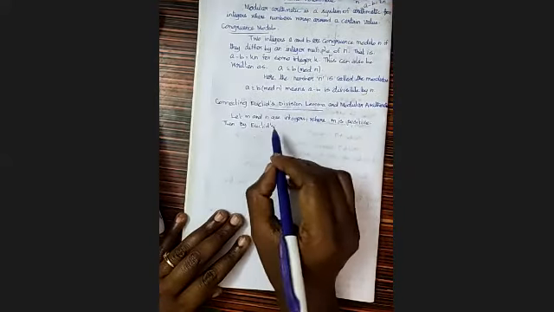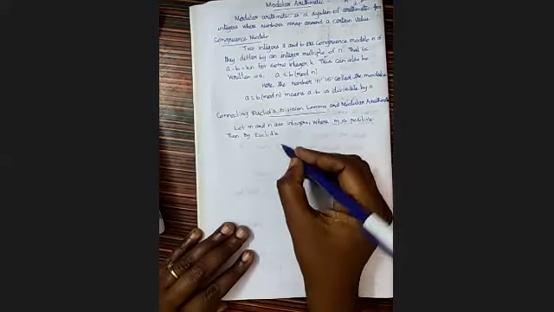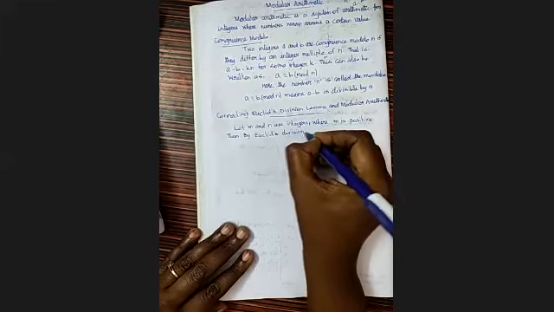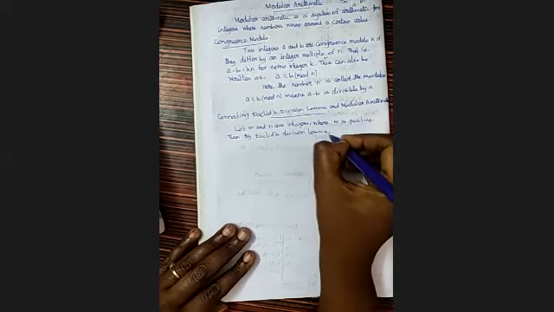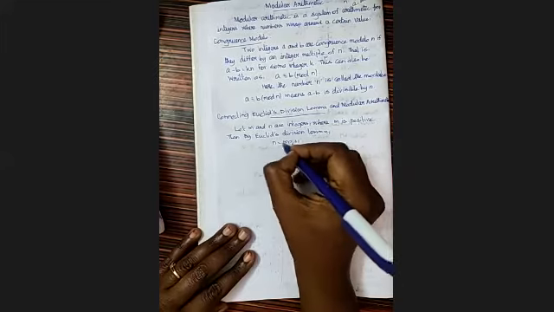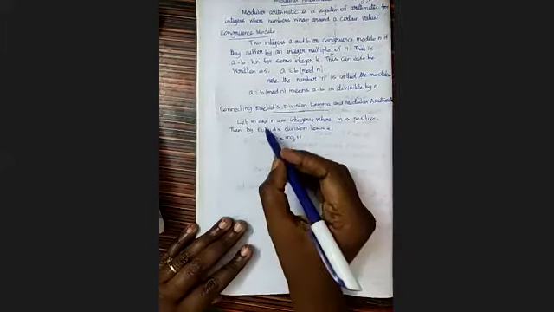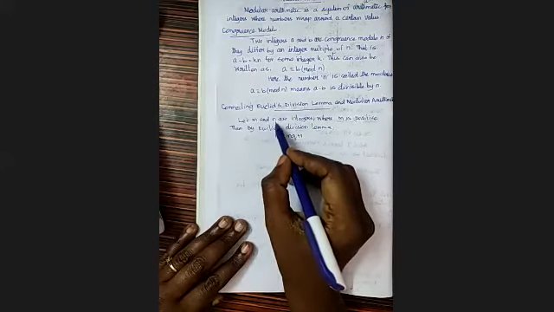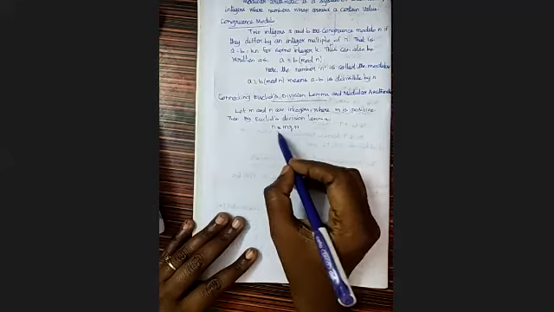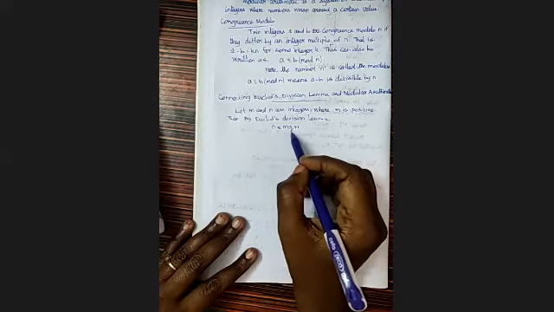We know in Euclid's division lemma, let m and n be integers where m is positive. Then by Euclid's division lemma, we have n equal to mq plus r. Usually we write A equal to BQ plus R. Here the integers are given as m and n, where n is greater than m. So using Euclid's division lemma, we write n equal to mq plus r.